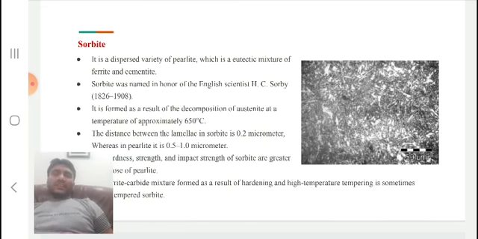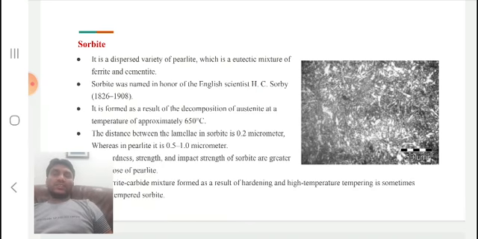Holding at this particular temperature is difficult basically, and formation of perlite is very easy rather than formation of sorbite or trustite, because we will have ample time for the austenite to transform into perlite, whereas sorbite has much less retained austenite when compared to trustite, and trustite has much less retained austenite than the upper bainite, and the upper bainite has